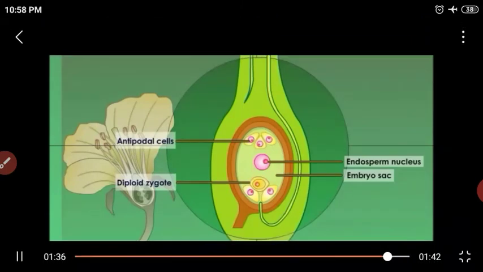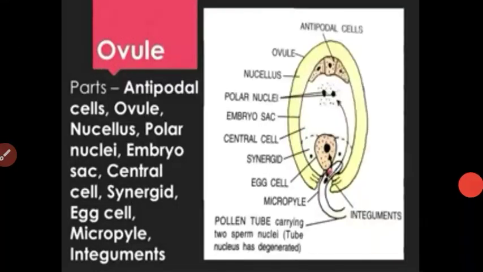See, what happens is this fertilization is called double fertilization, meaning two-time fertilization. One nucleus is fused with the egg and forms a zygote, and the other nucleus is fused with the polar nuclei. The fusion of 3 nuclei is called triple fusion. See, student, what happens after fertilization? This fertilization is a double fertilization.